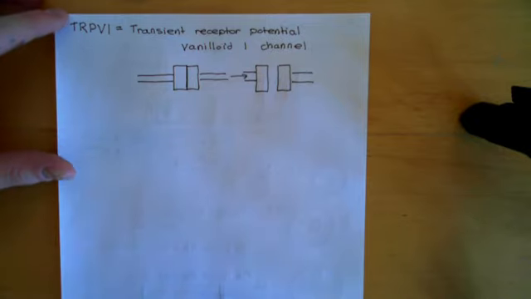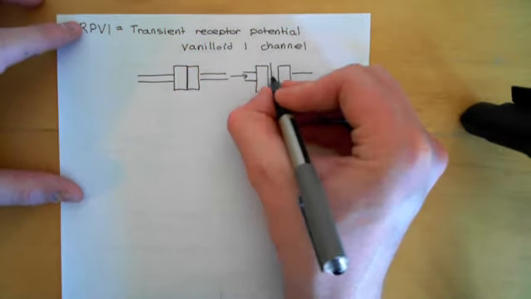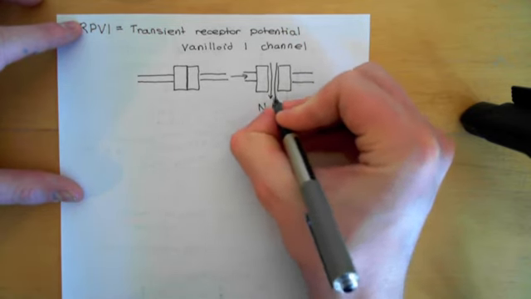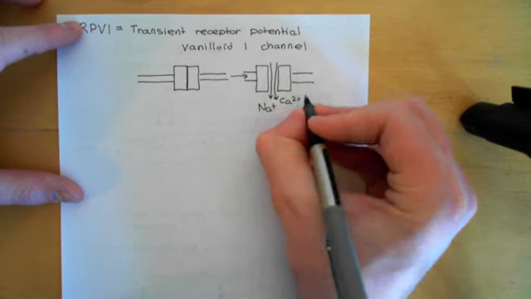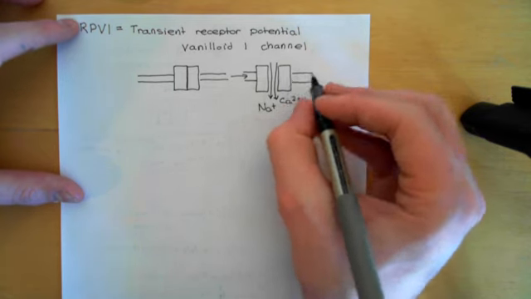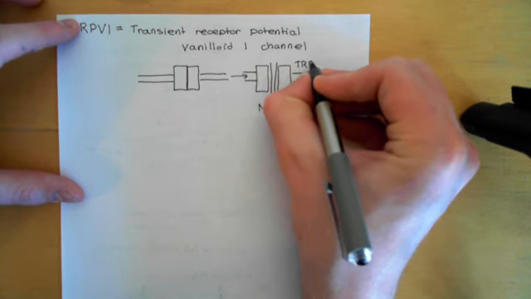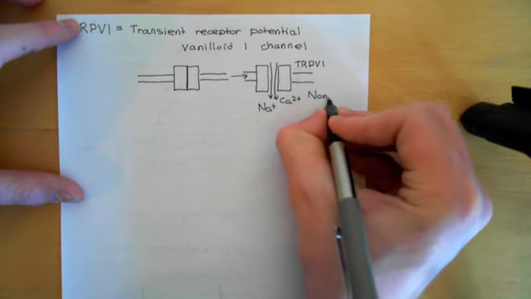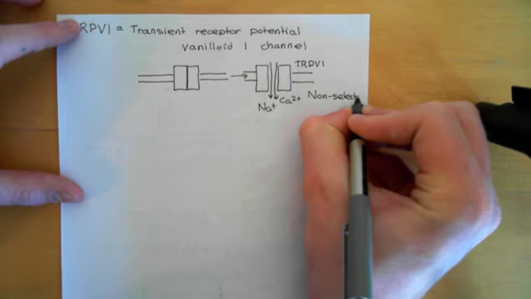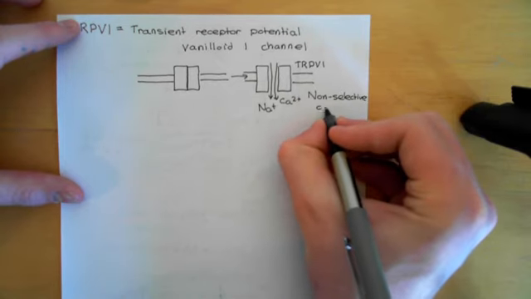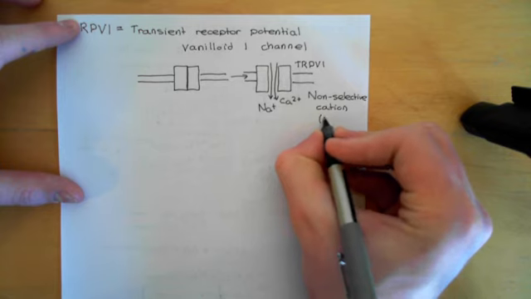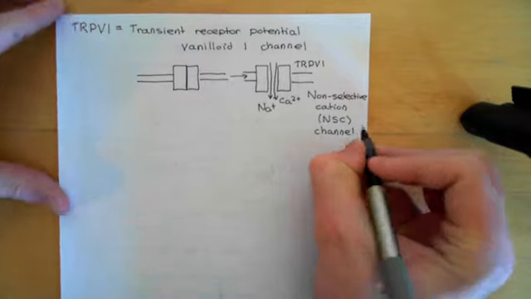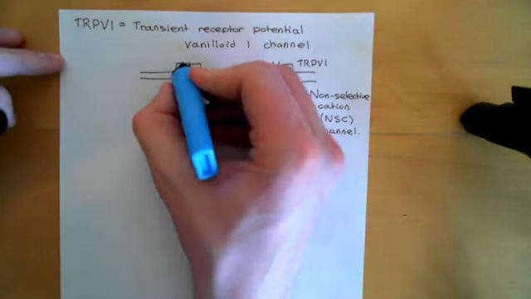Now, what are the key movements that are going to actually occur through it? Well, the key movements are that you're going to bring sodium ions into the cell, and also calcium ions into the cell. So this is generally going to cause depolarization when you open the TRPV1 channel. It also brings in calcium ions, and that's going to be important later on. So this is what we would describe as a non-selective cation channel, which can often be abbreviated down to NSC channel. Right, so I'll just colour it in and then I'll explain what anandamide does to the TRPV1 channel.